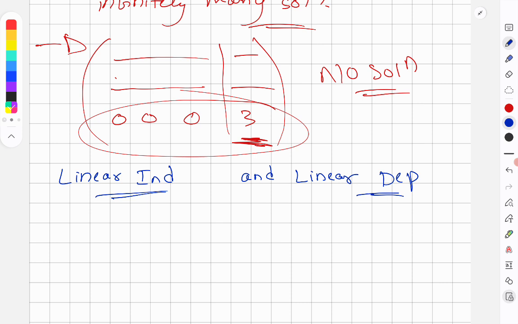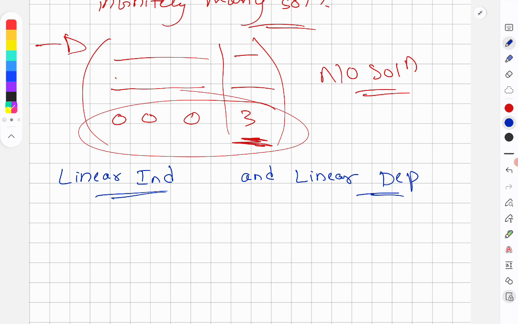One thing that I know is that if it is linear independent, there is no linear combination that gives that equation. Exactly, that's the definition. And linear dependent can be written as a linear combination of